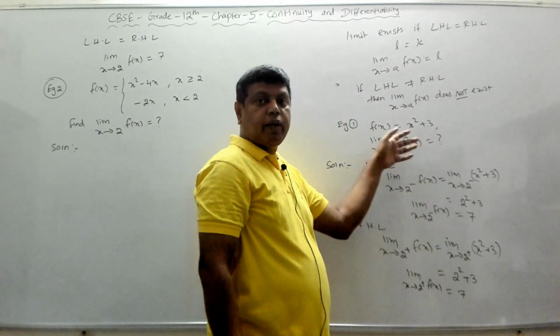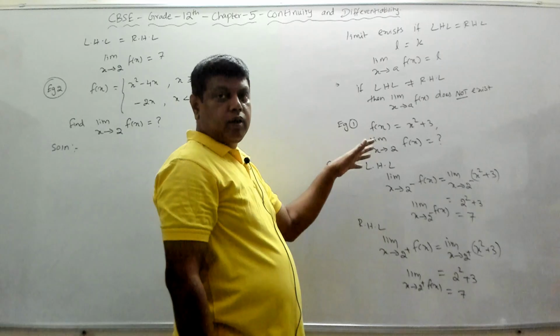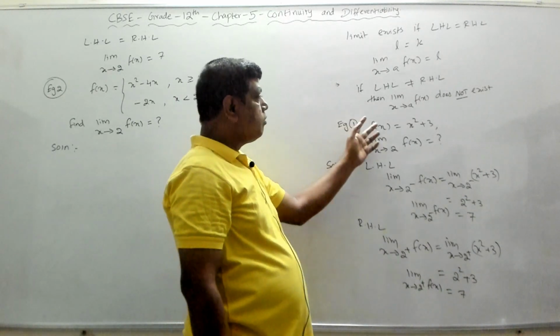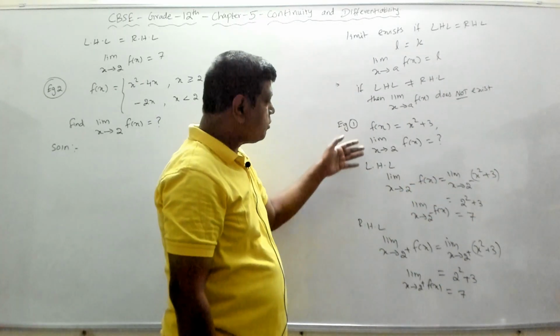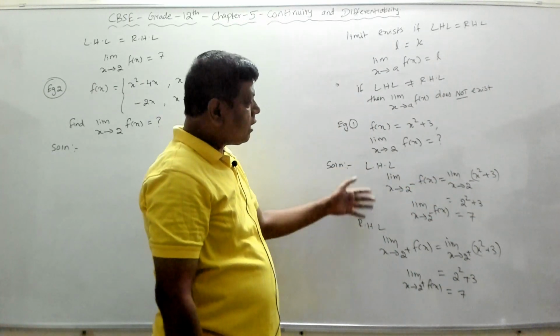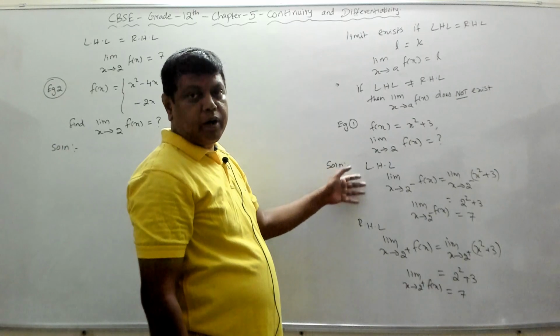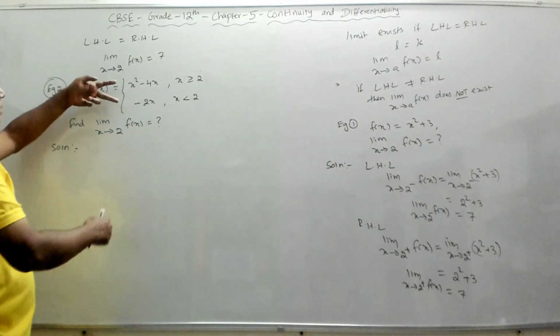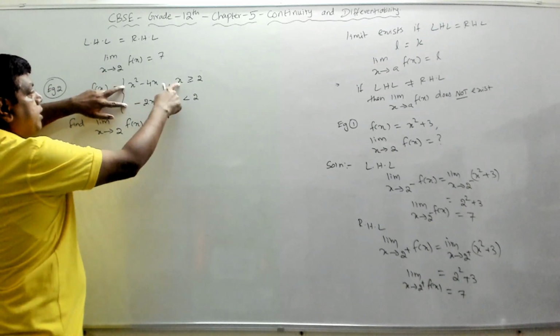like x squared plus 3, we can directly go for the limit, like how we did when I wrote the definition of the limit, and then we directly calculate. In this case we didn't have to calculate the left hand limit and right hand limit. Even if you calculate it is fine, but whenever you have a case where f of x has two definitions based on the value of x,